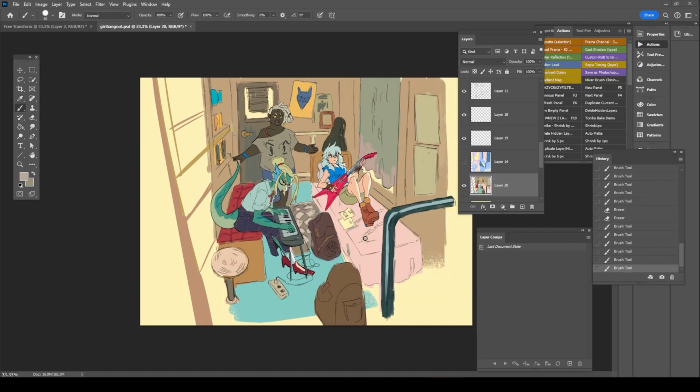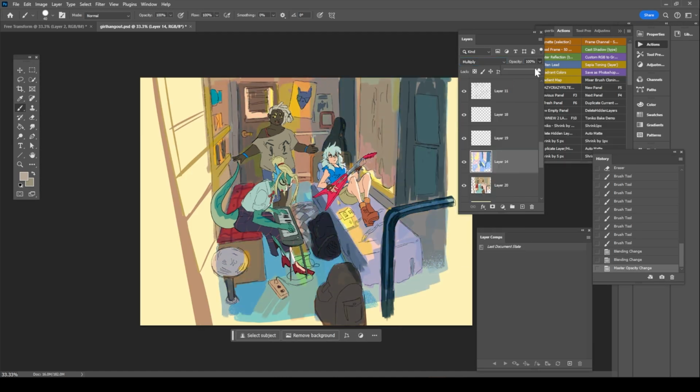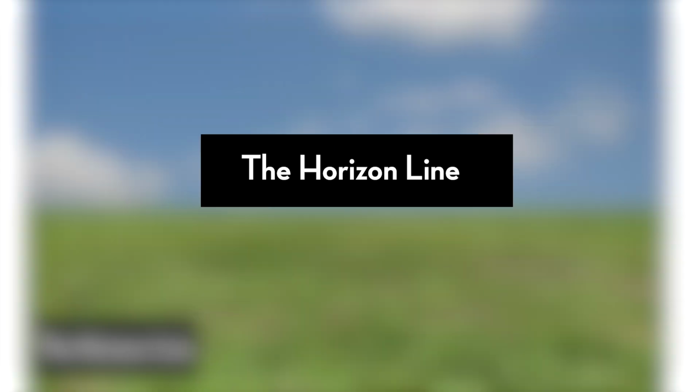So I want to make multiple parts talking a bit about perspective because there's a lot of things I can say about each part, but I'm trying to condense it to my line of work. So first of all, let's talk about the horizon line. What is the horizon line?